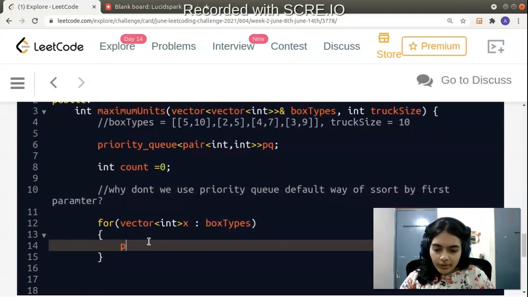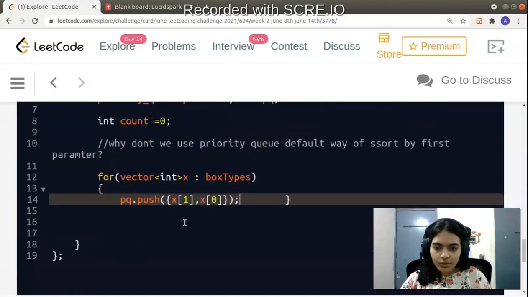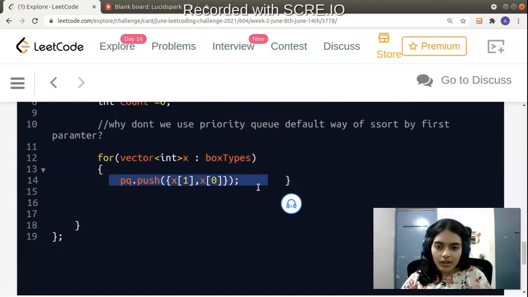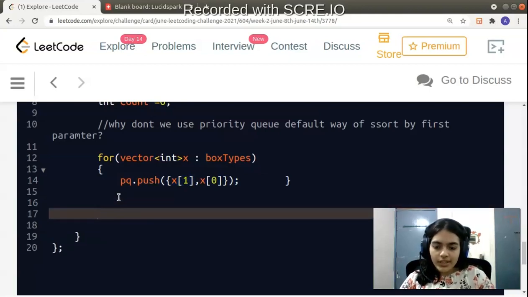So we are going to push into the priority queue, but while pushing, we will take care that we push x of 1, which is going to be the number of units first, and then we push the number of boxes. Why will this be an advantage? Because we need not do anything. The priority queue will already sort for us according to the number of units, which is what we want. Okay, so once this is done, we can simply start iterating.